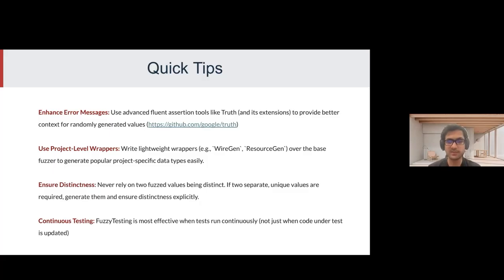I also recommend using project level wrappers or project level factories, so that individual files or individual tests don't need to generate these commonly used domain specific data types. It can encourage new devs to actually use the fuzzer rather than write the whole test data by hand. It's also important that we should never rely on two distinct fuzzer values or random